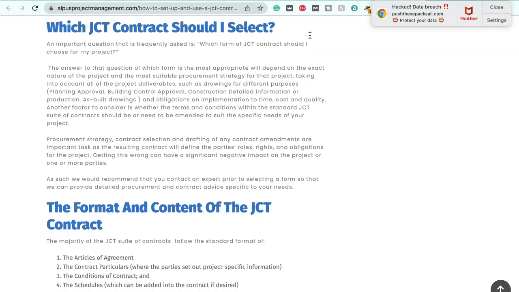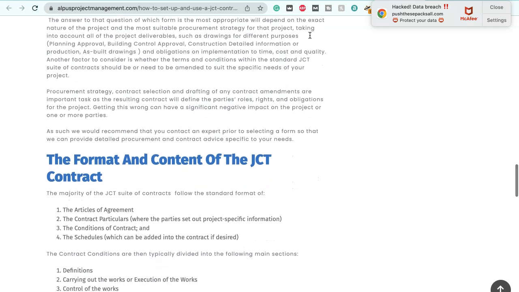So, which JCT contract should I select? An important question that is frequently asked is, what form of JCT contract should I choose for my project? The answer to that question of which form is the most appropriate will depend on the exact nature of the project and the most suitable procurement strategy for that project, taking into account all of the project deliverables such as drawings for different purposes, for example for planning approval, for building control approval, construction detailed information, or production such as shop drawings, or indeed as-built drawings, a record of what actually exists for handing over to the employer upon completion,